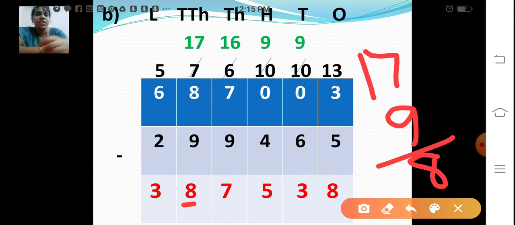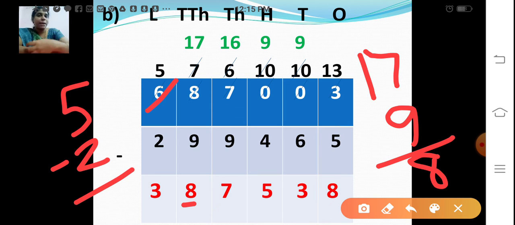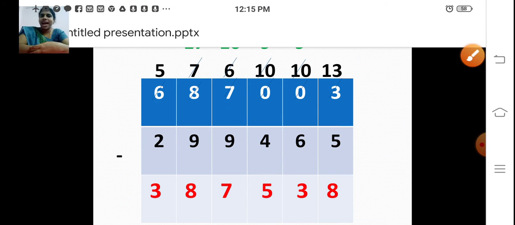So 80,000, right? Now, what number am I having in the lakhs place? 5. 5 minus 2 is 3. 5 lakh minus 2 lakh is 3 lakh. So the answer is